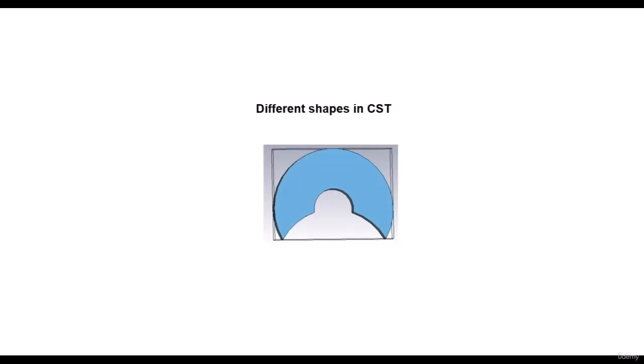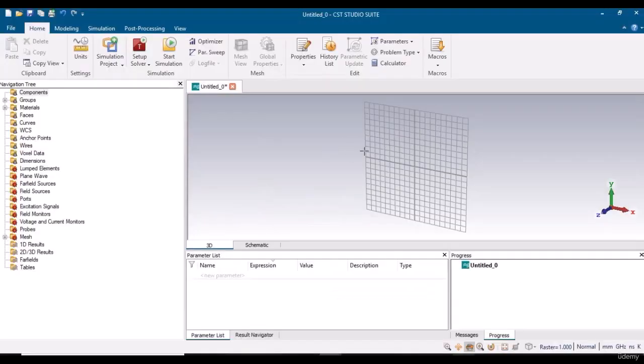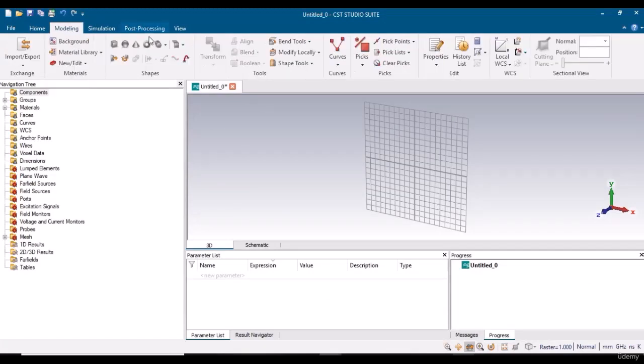Hi, in this lecture I will teach you how you can draw this shape in CST Studio. This is like a ring but having some height, and we have some segment cut out from this object. If you have to draw this geometry in CST Studio, we will go to the modeling and